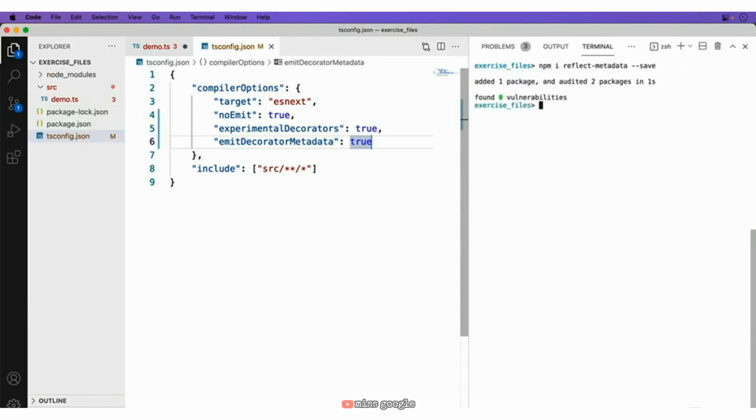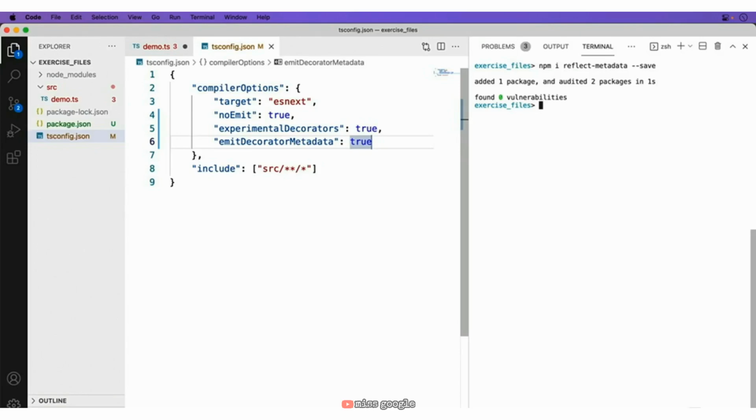This library implements polyfills for another set of proposed ECMAScript features, which are considered experimental now, but should hopefully be approved and implemented around the same time that decorators become widely available. And now, with all this code in place, continue on to the next video where I'll show you how to